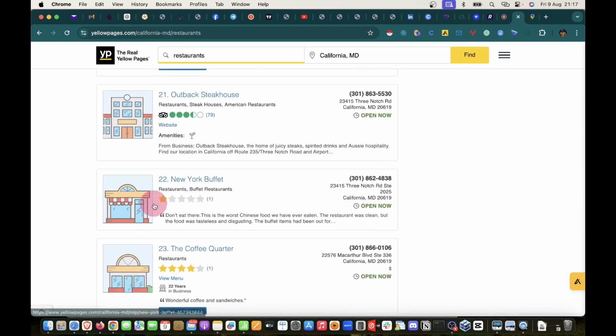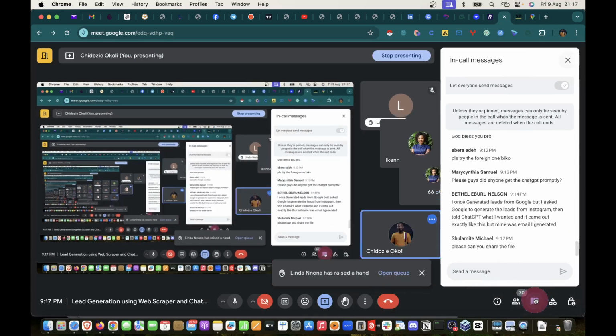What I will need to do is, after giving ChatGPT that prompt, I don't know if there is any, let me see if anybody is confused. Let me see if there is anything on the